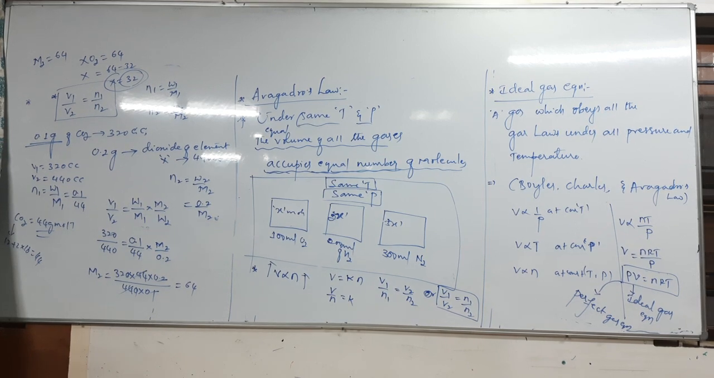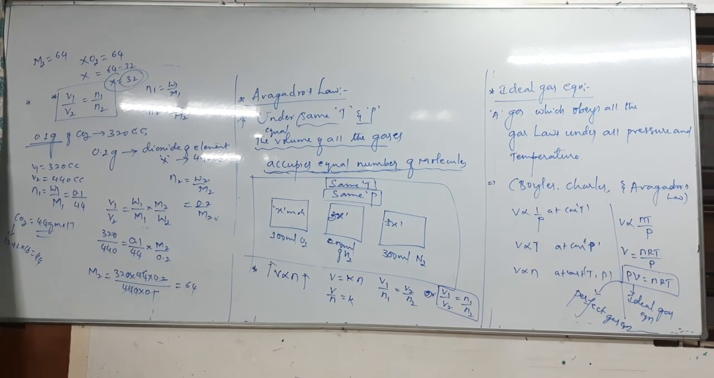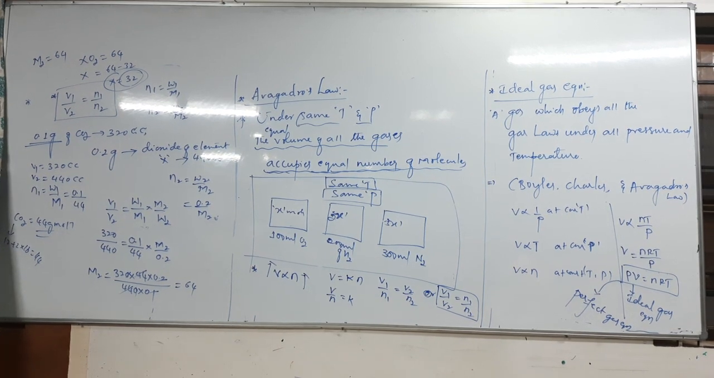So let's take a certain amount of a gas at 25 degrees Celsius and 76 centimeter mercury. It occupies a volume of 12 liter. What will be the pressure